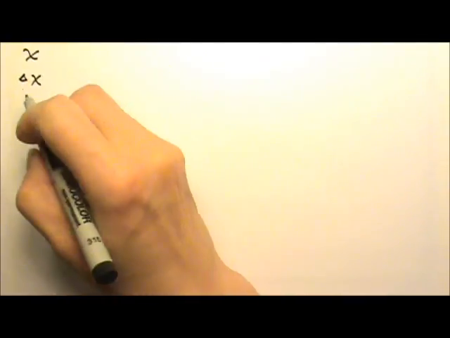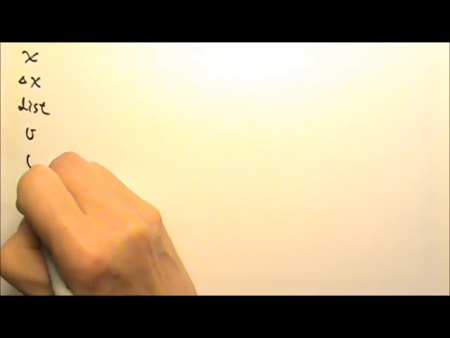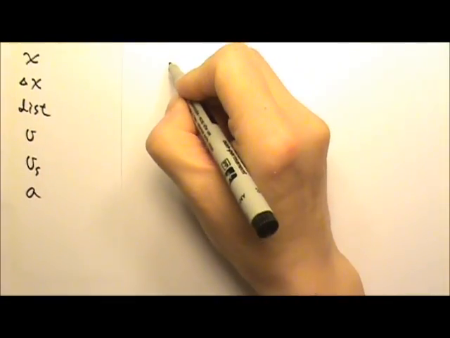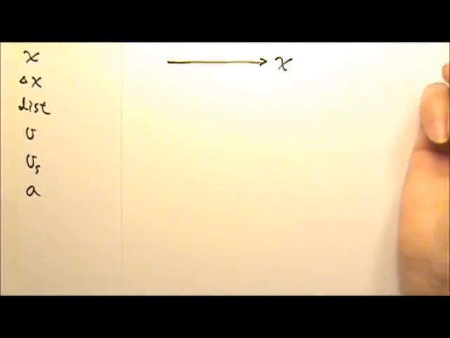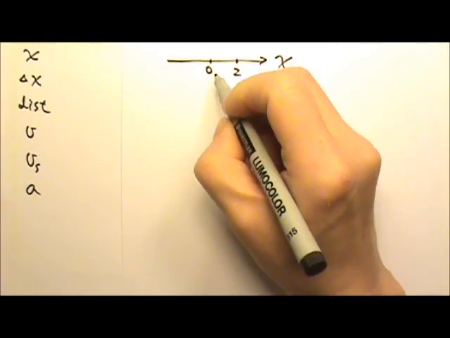The first unit is the kinematics unit. Kinematics is the description of motion. To describe motion, we use these terms: the position, the changing position, distance traveled, and we have velocity, speed, and acceleration. Now, position is a vector because if I have an x-axis